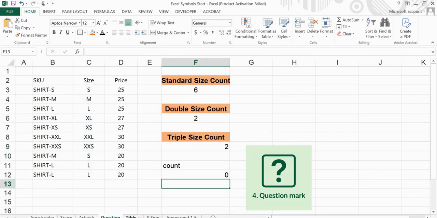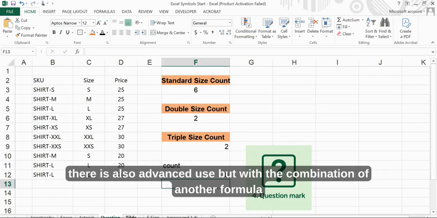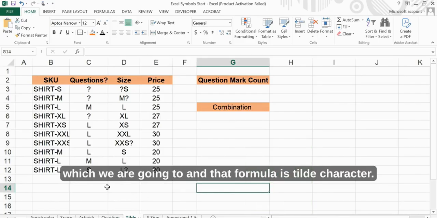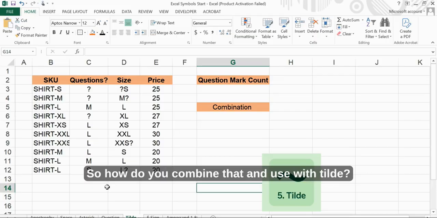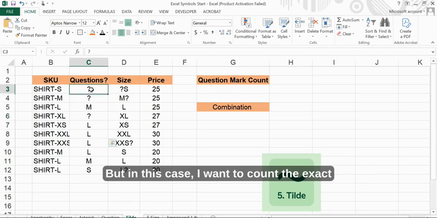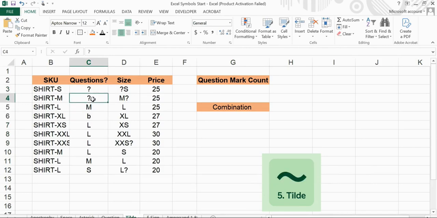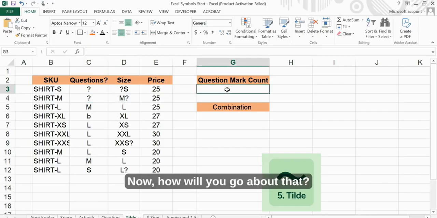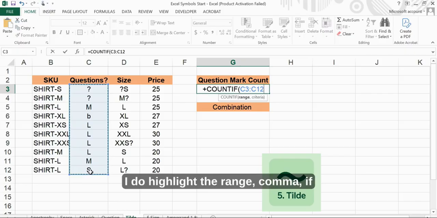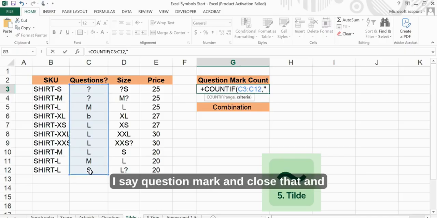You enter. There is also an advanced use, with a combination of another character, and that is the tilde character. So how do you combine that and use it with the tilde? Now we've seen how you can count the single ones, but in this case I want to count the question mark itself. Now how will you go about that? If I say COUNTIF, and I highlight the range, comma, if I say question mark and close that, and also close my formula,